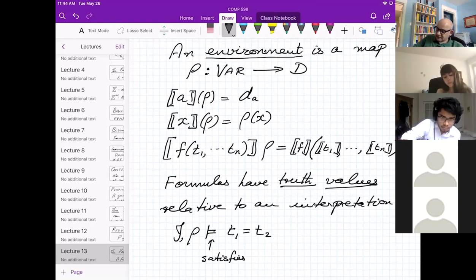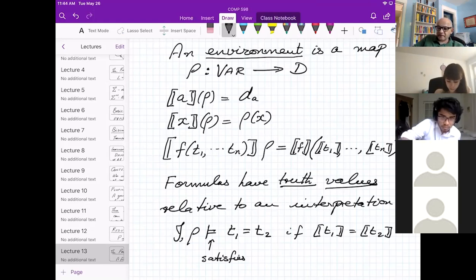So I'll say this thing is equal if the interpretation of T1 actually equals the interpretation of T2. So this is the equality symbol in my first order logic. This is my meta equality.